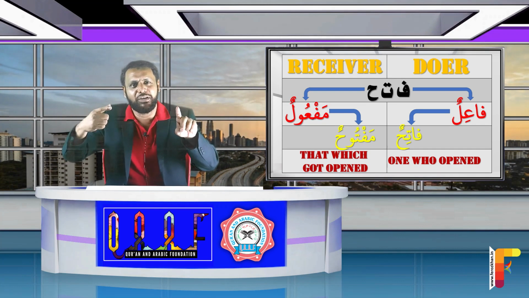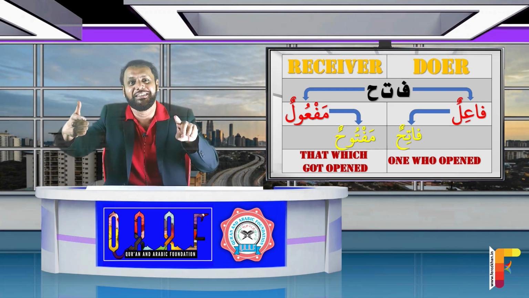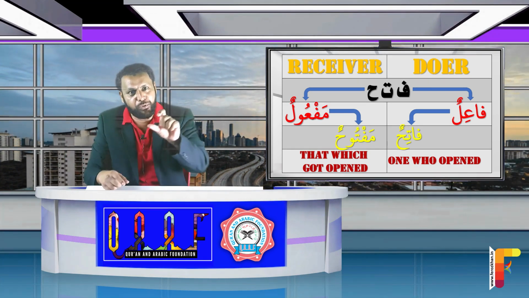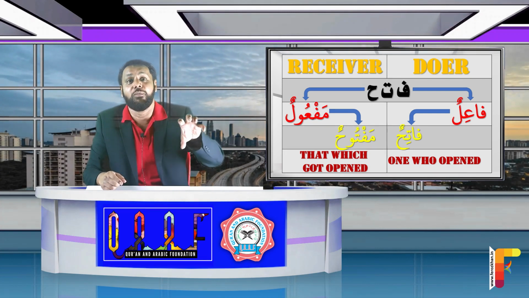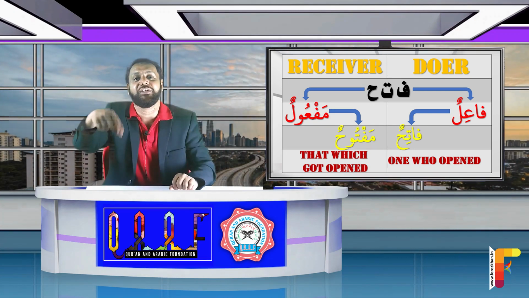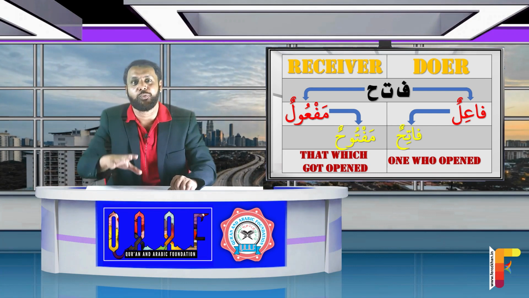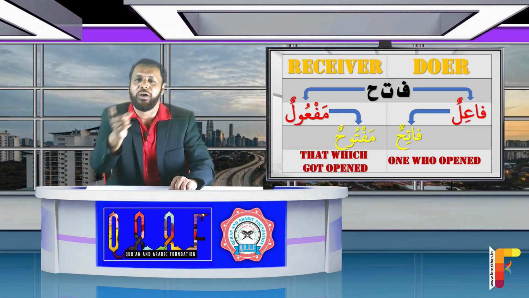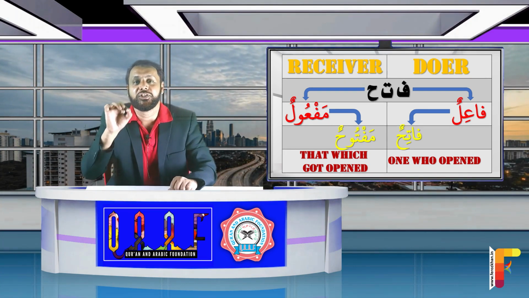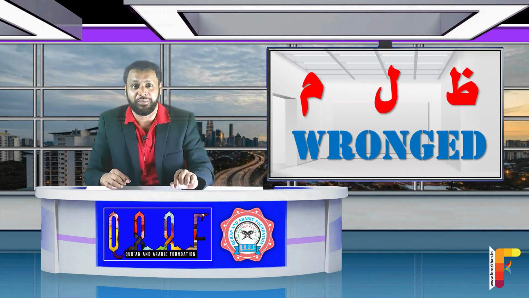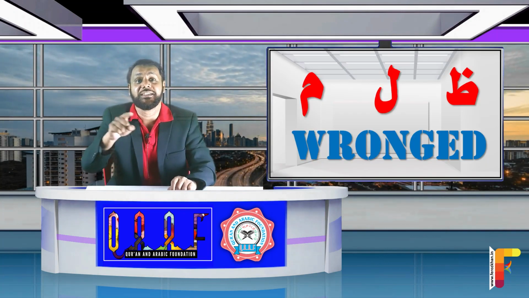So what is the word for that which got opened? That will be the maf'ulun pattern. If I put Fataha on the maf'ulun pattern, I get maftuhun, which means that which got opened. Whatever got opened, that is maftuhun. So Fatihun, maftuhun. Similarly, if you take za, lam, mim and put it on the fa'ilun pattern, you get zalimun,